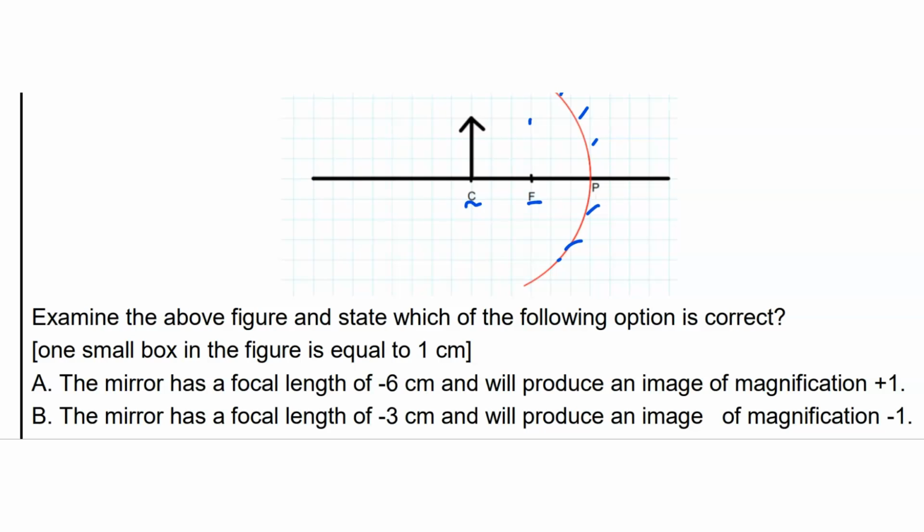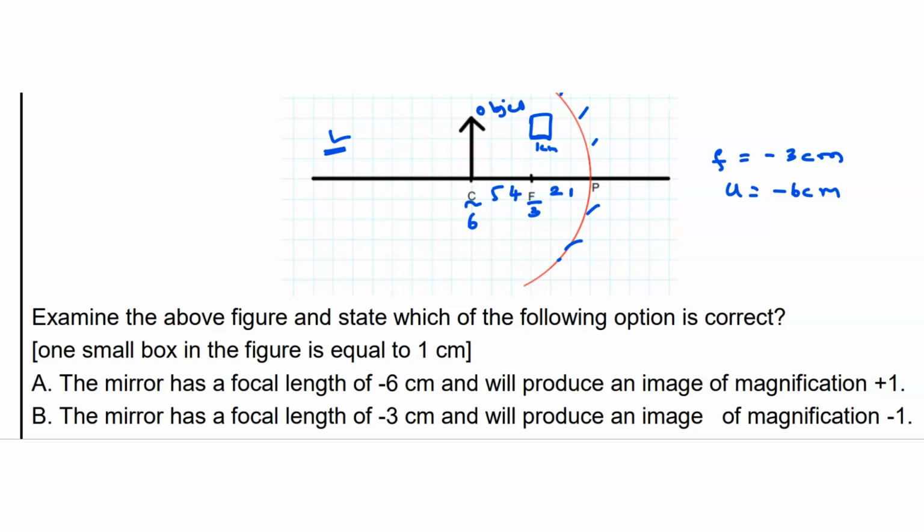So they have given so many boxes, right? So this distance is 1 centimeter. So this is 1, this is 2, this is 3, 4, 5, 6. Since it is on the left side, the focal length of the given mirror is minus 3 centimeter, and the object is placed at minus 6 centimeter, isn't it? This is the object position. It is kept at 6 centimeter in front of the mirror, right? So u is equal to minus 6 centimeter.